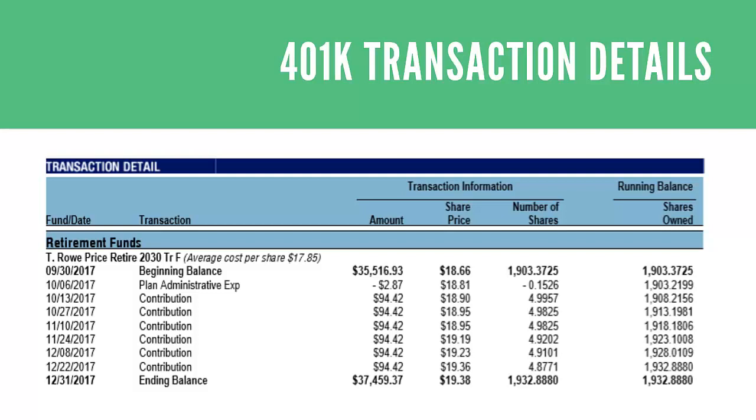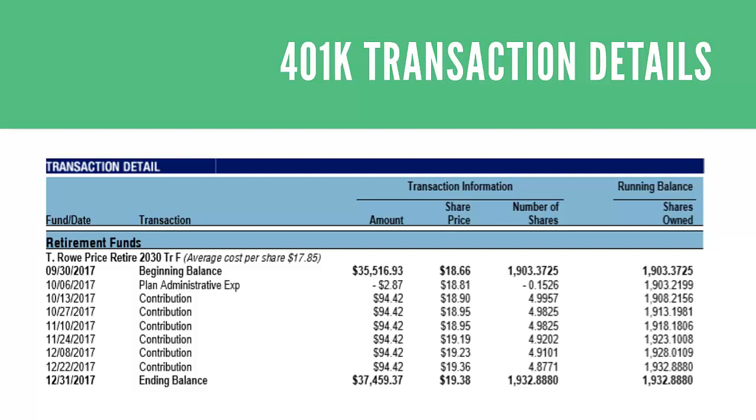The column on the left shows the date of every transaction that occurred this period. The next column shows what transaction occurred. The third column starts with the beginning balance, shows every contribution, every expense, and ends with the ending balance for that period. The fourth column shows the share price on the date of each contribution,